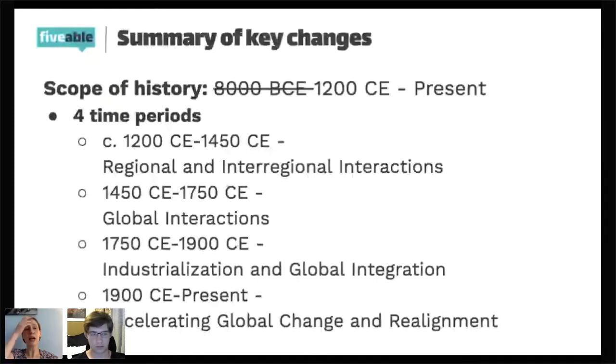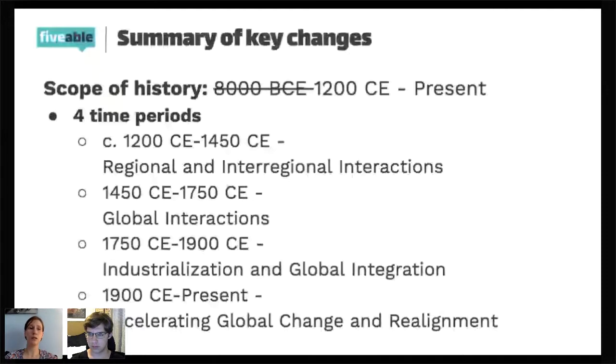The other thing I notice about the time periods, even though we're down to 4, and you're right, they do follow what we've had before, units 2, 3, and 4 now, is that they all have the same names. The time period titles are the same as they were in the old course and exam description. So we've lopped off a huge chunk of time, but we haven't changed the thematic emphasis, at least according to the College Board. The intended thematic emphasis for each of these units remains the same, for good or for ill. I think there's some real positives to that. I think there's also some real weirdness as we get into the later units, for sure.